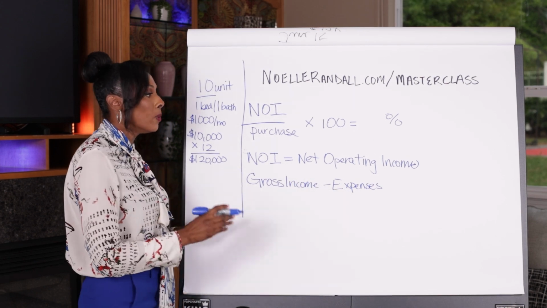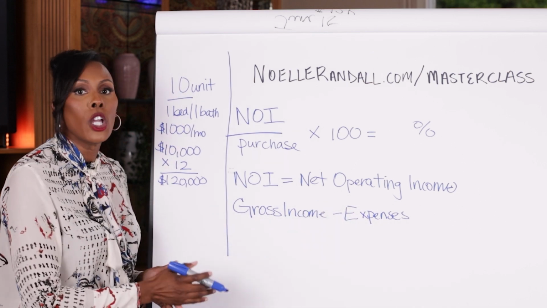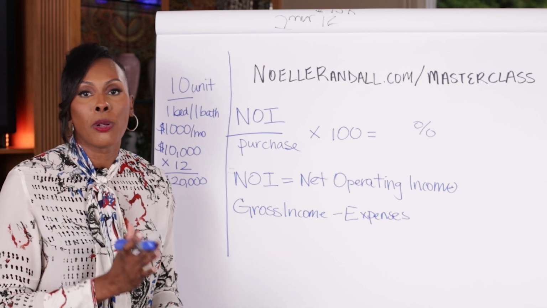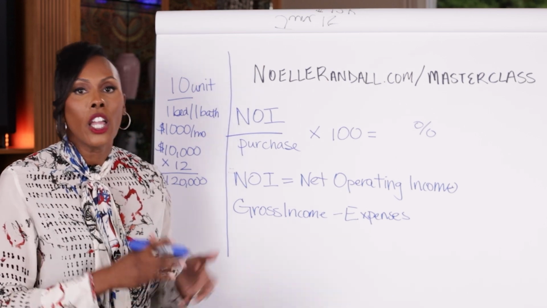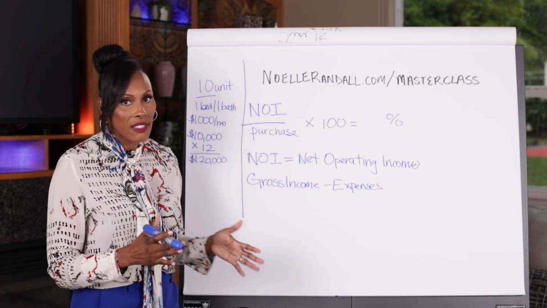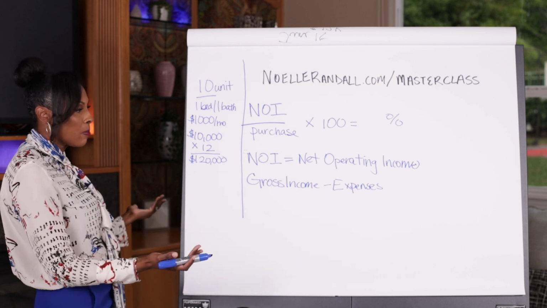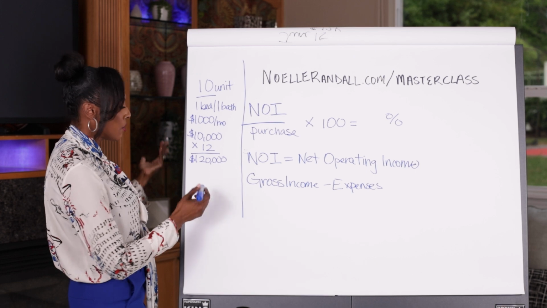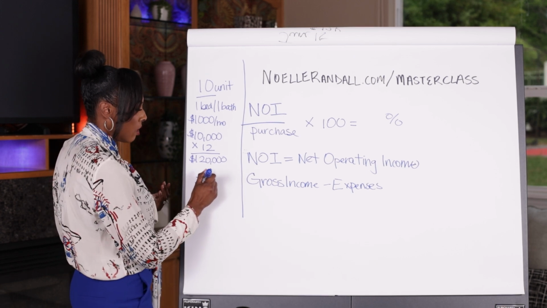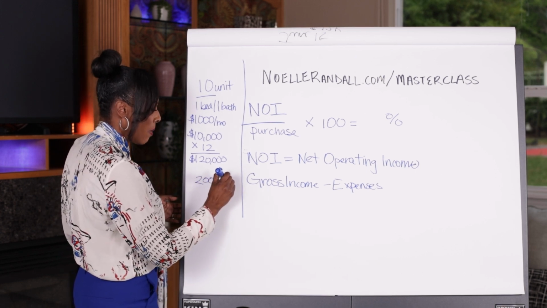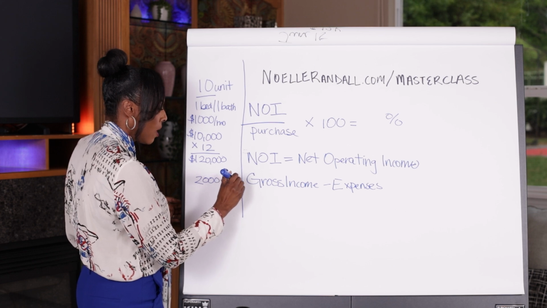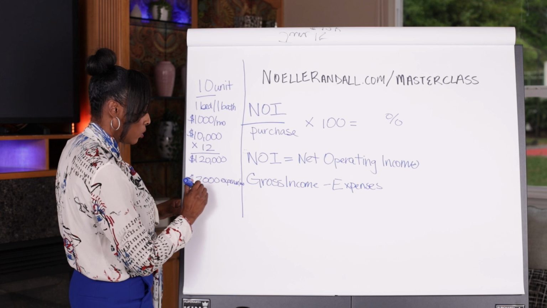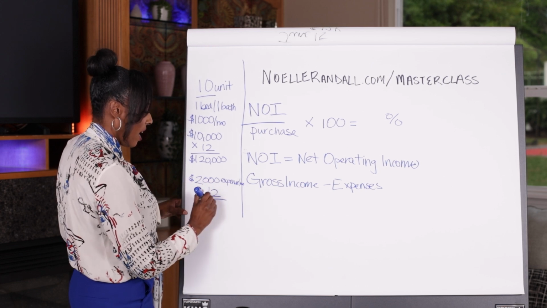So say, for example, again, in the net operating income, you would have expenses like maintenance of the driveway, you would have plumbing repairs, you would have cleaning, you would have different utilities and things like that. So let's just say your expenses on this property, if you're making $10,000 a month, might be $2,000 per month, okay? So let's just say the expenses monthly are $2,000 per month. Obviously, we then have to multiply this by 12, and that would be